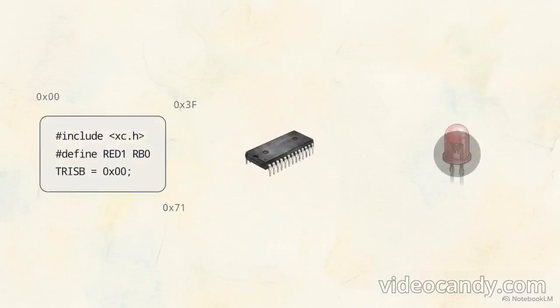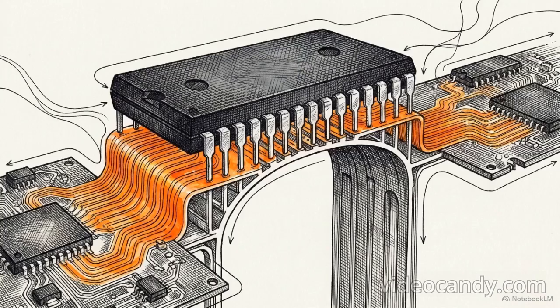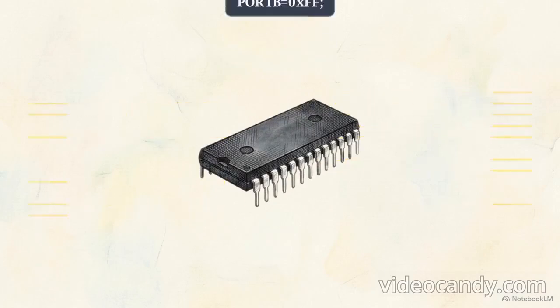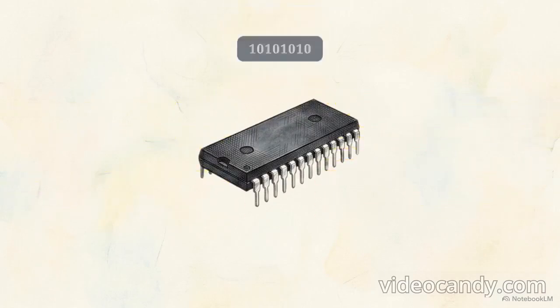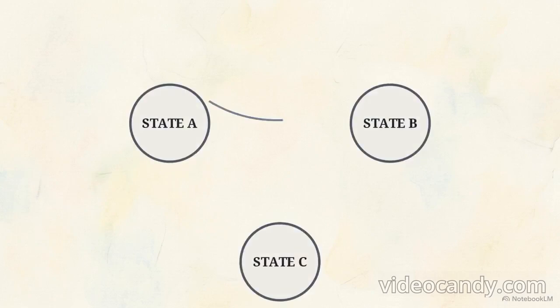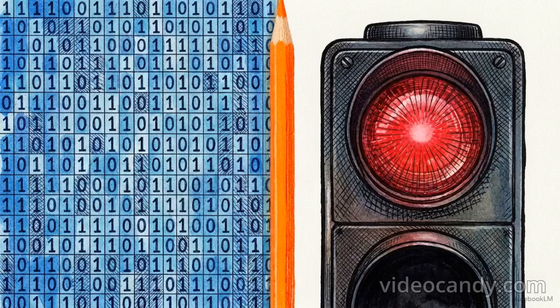Microcontrollers process abstract C code and memory addresses, but real-world hardware, like traffic LEDs, requires physical changes in electrical voltage. The microcontroller acts as the physical bridge. It reads sequential programming instructions and translates them into electrical currents, routing voltage out of specific microscopic pins on the chip. To safely manage an intersection, we have to organize these voltage changes into a deterministic finite state machine, a closed-loop system of strict predictable phases. This process, mapping logical memory states to physical electrical potential, is the mechanism that allows software to interact with the